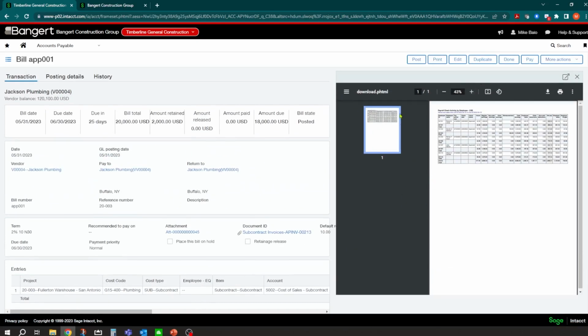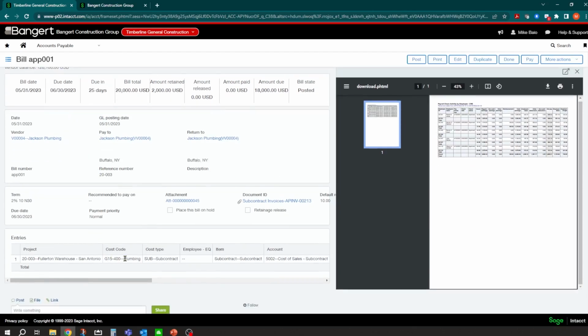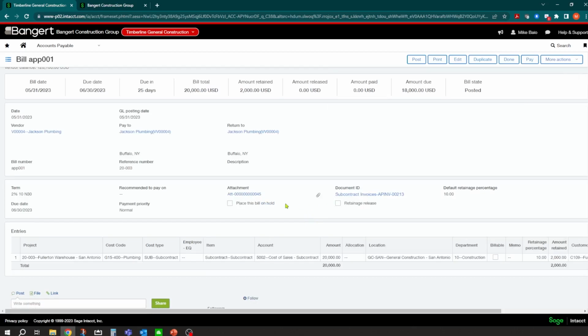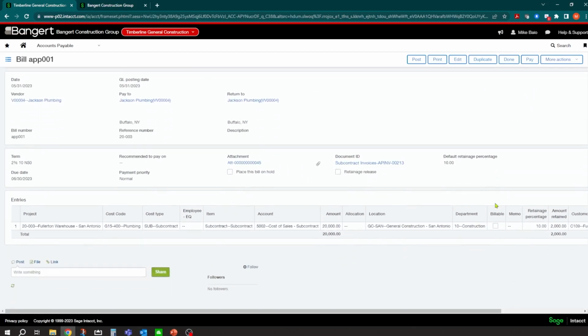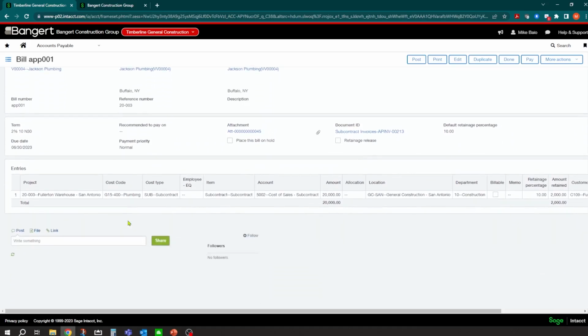And in this view, you can also have the attachment pre-fill automatically on the accounts payable bill. That's what it's doing there, but I can choose to close it too. So maybe you want to scan in the accounts payable invoice, you can have that showing here as well. Okay. But that looks good.